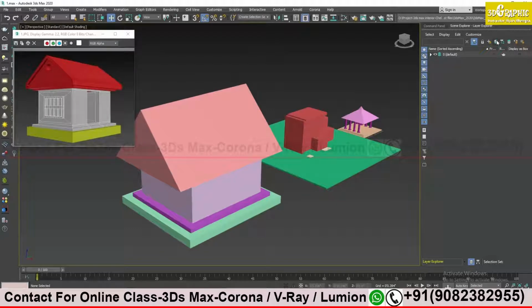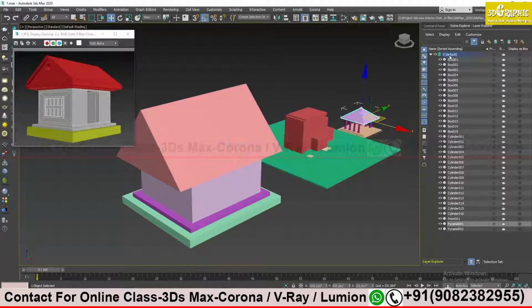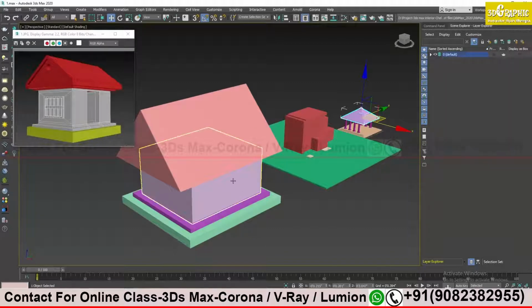By default we have only one layer, and that is the default layer. So whatever models we have, everything is inside that one default layer. See, all the elements, all the models are in one default layer, which is not good. We should have multiple layers. If I have to hide anything, or work on a single object, it will be very difficult for me.